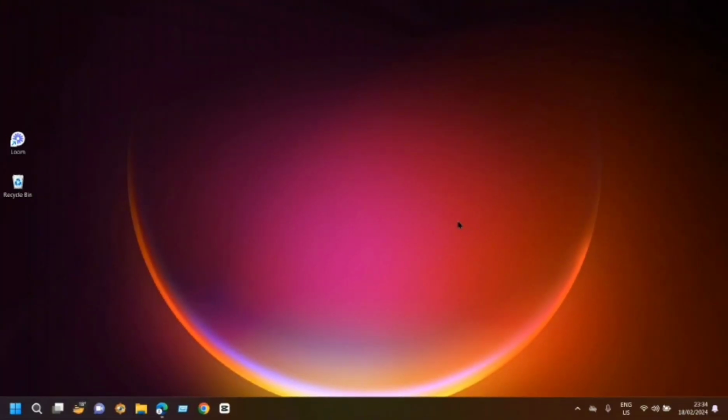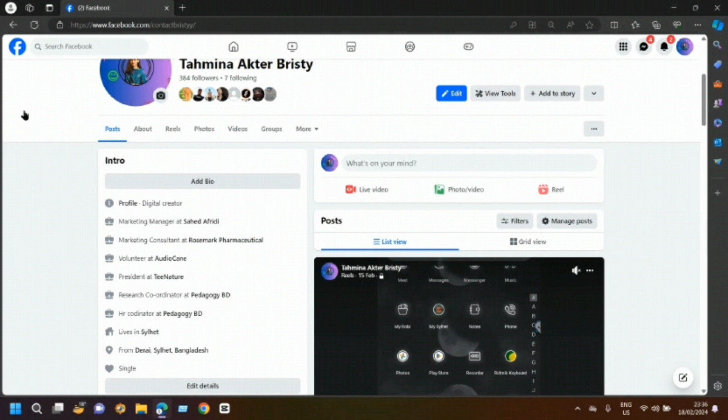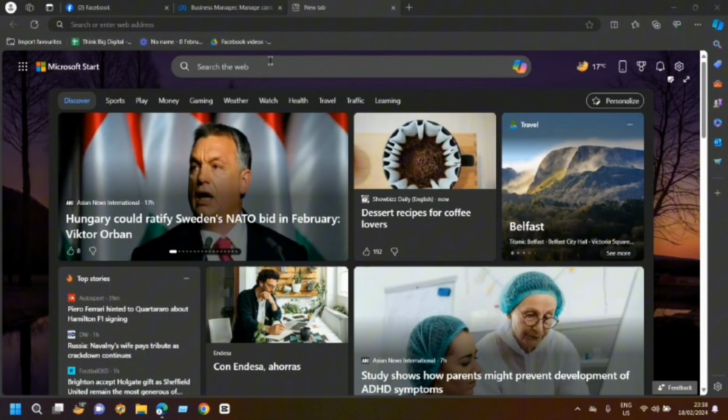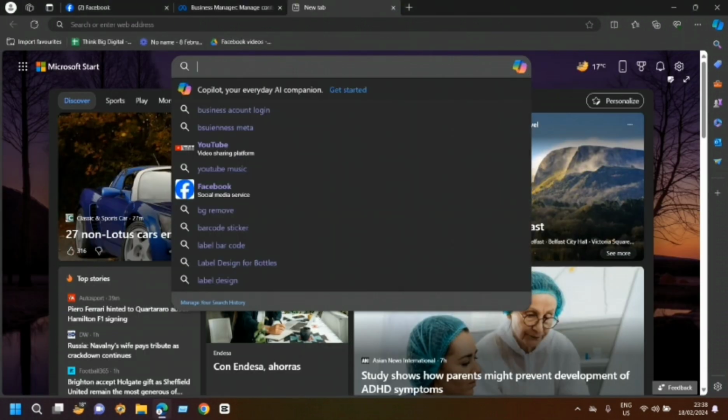Today we are going to learn how to delete a Facebook business account. For that, open up your Facebook account from Microsoft Edge or Chrome browser. I'm using Microsoft Edge to open a new tab and write